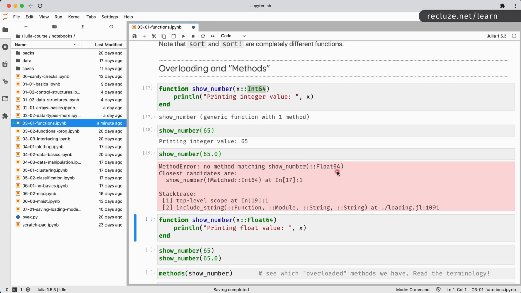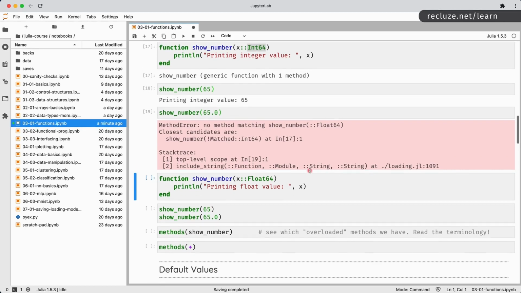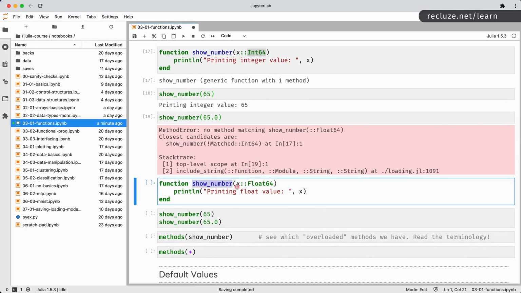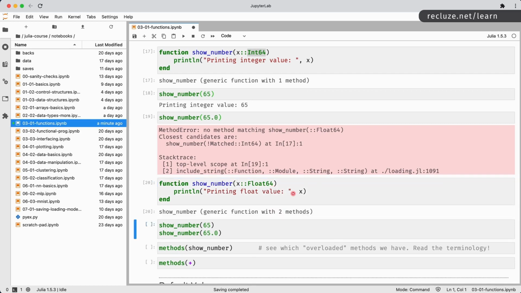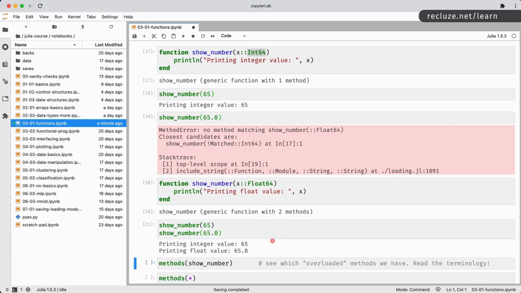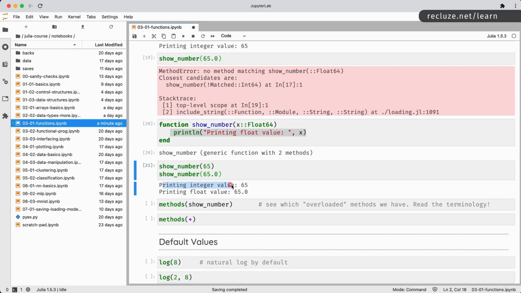So what we can do is we can go ahead and define such a function. Now we are going to define another showNumber, and in it we are going to have the same number of arguments, which is x, except this time the data type of x is going to be a Float64, right? So we can define this function, and now we can call showNumber with an integer and showNumber with a float as well. And you will notice that these are two completely different functions. So this body has nothing to do with this body, even though the names of both the functions are the same. Okay. So the first one is printing this and the second one is printing this, but they have the same name.